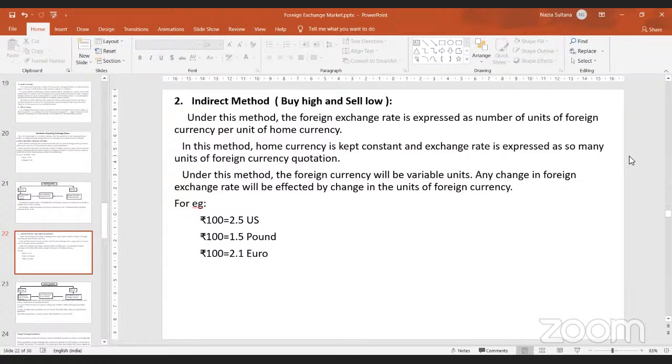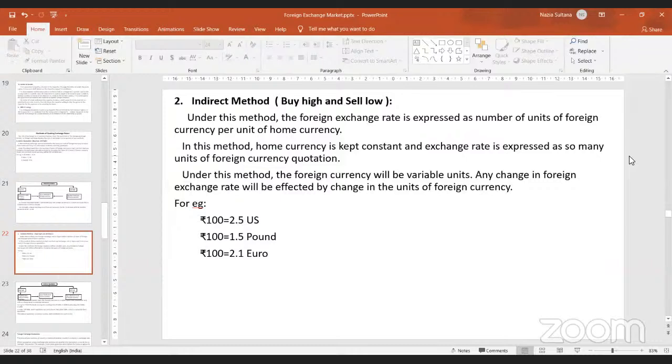I may take a base in the home country's currency, say a base of 100 rupees, but 100 being too less, I may take a base of 1000 rupees, for example. So when I am taking a base of 1000 rupees, how many dollars can 1000 rupees buy? Assuming that one dollar is 81.67 today, 1000 divided by 81.67, I will be able to buy only around $12 as of today.